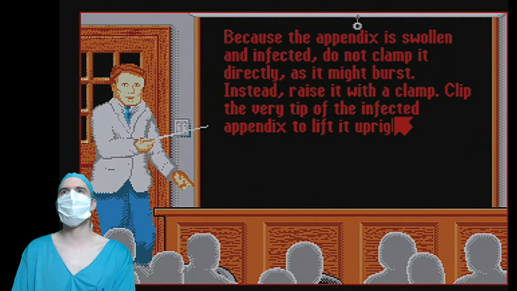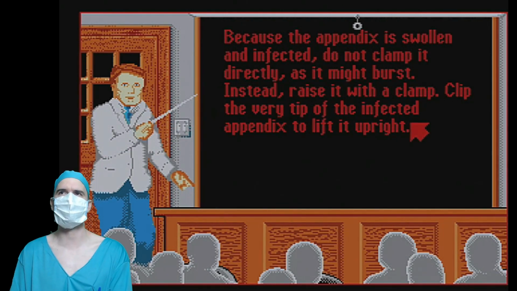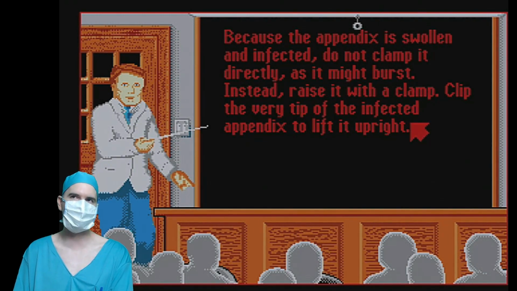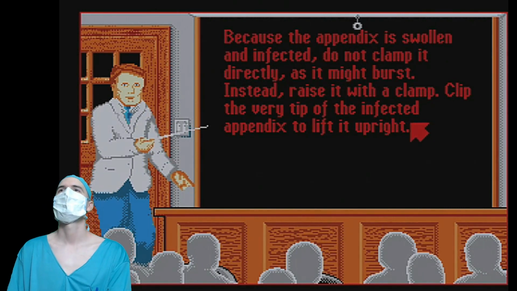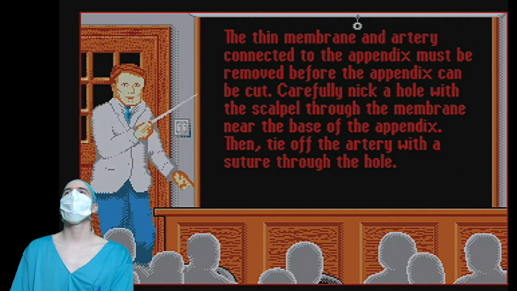Because the appendix is swollen and infected, do not clamp it directly, as it might burst. Instead, raise it with a clamp, clipping the very tip of the infected appendix to lift it upright. Well, I knew that. No, I didn't know that. The thin membrane and artery connected to the appendix must be removed before the appendix can be